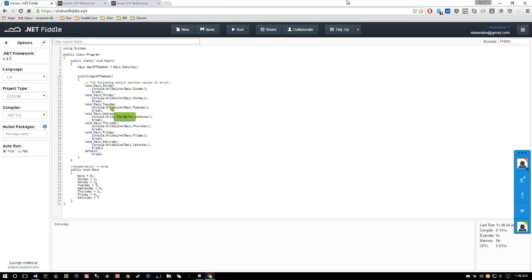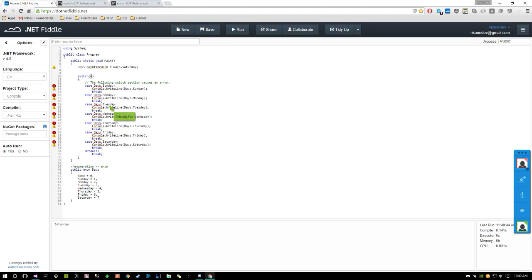So look, check it out. This is Saturday. That's just some interesting stuff behind the scenes that console.writeline does in order to get this to say Saturday. We don't really have to go into that. You remember how this had a numerical value in it? An enumeration is a numerical value. Technically, days dot Saturday equals 7. It's going to go through this whole case and check, and say oh, it's Saturday. Console.writeline Saturday. So if we were to change this to 6,